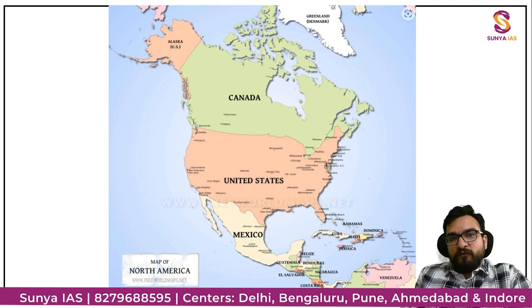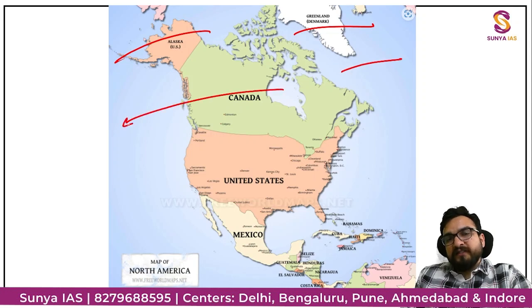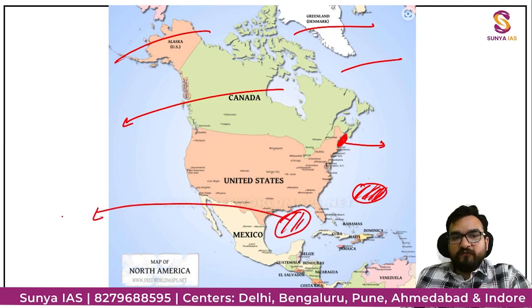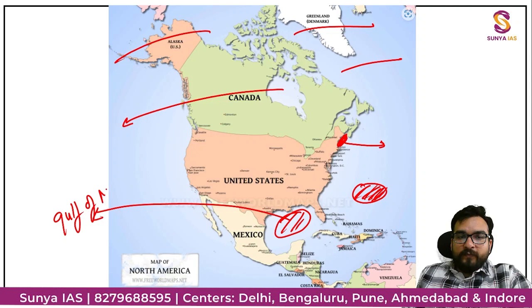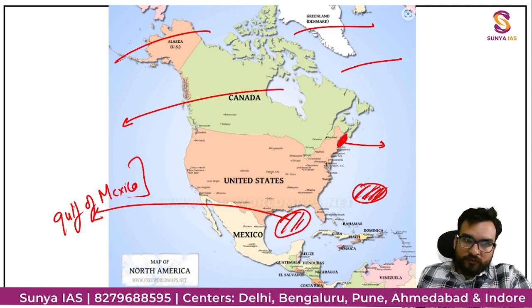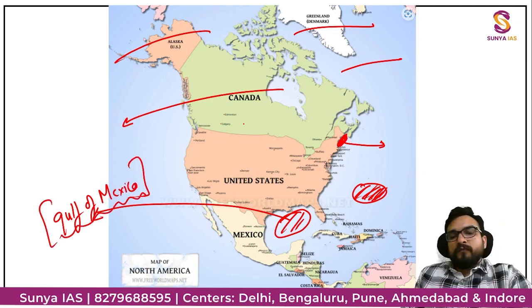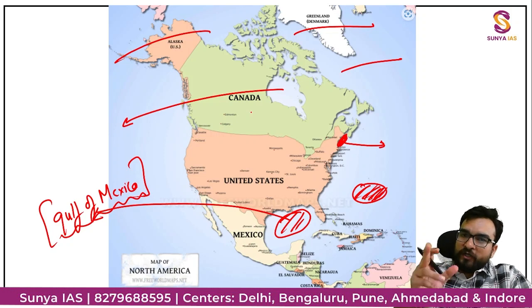So you have seen over here Beaufort Sea, over here Baffin Bay, over here you have seen Labrador Sea, over here this is your Hudson Bay basically. Then this is your Bay of Fundy. Over here you have seen the Sargasso Sea. Right, and this is your Gulf of Mexico. I'm repeating it again for you only. I hope you have written it.